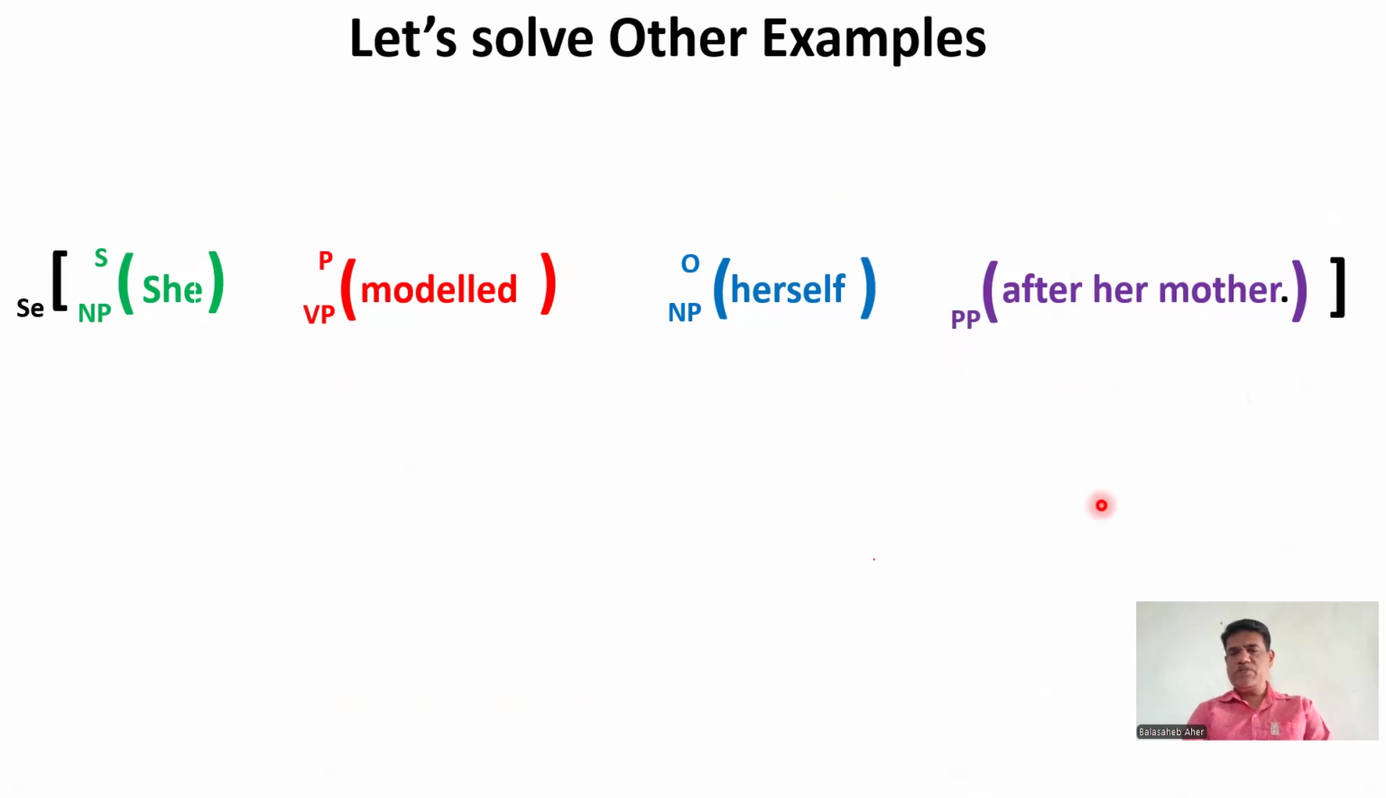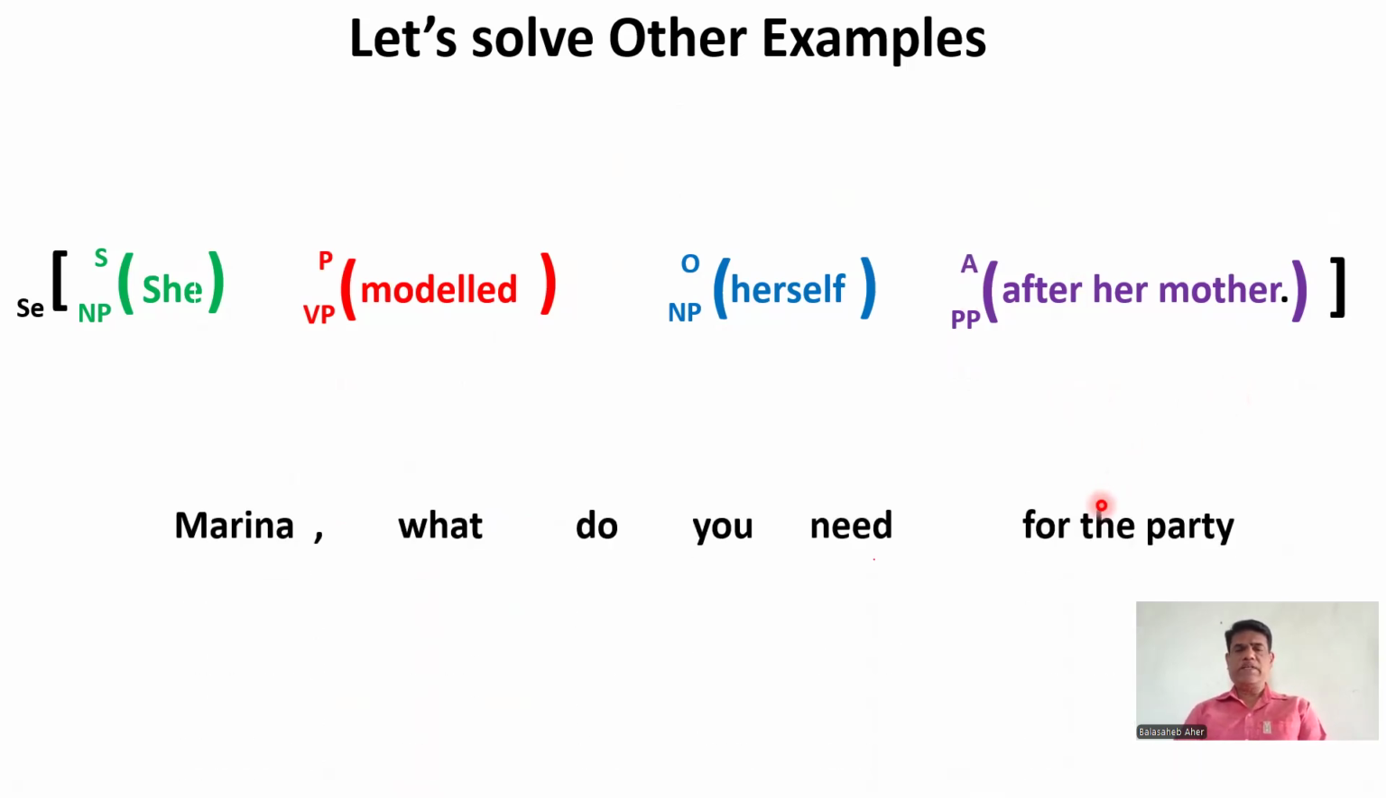So this is a prepositional phrase, and a prepositional phrase always acts as an adverbial. So we have to write A as a function label to this phrase. So in this way we have done. Now let us see the